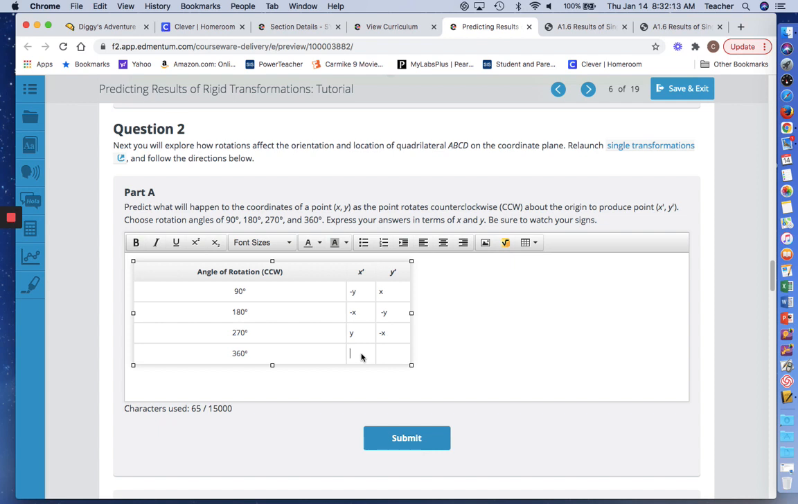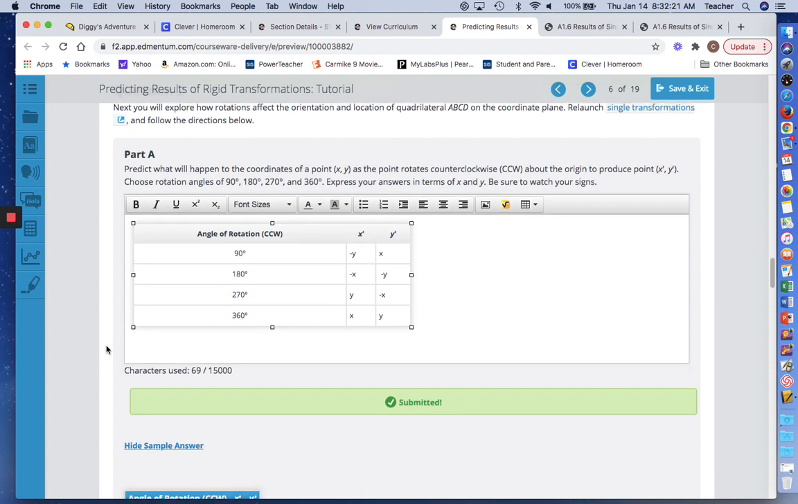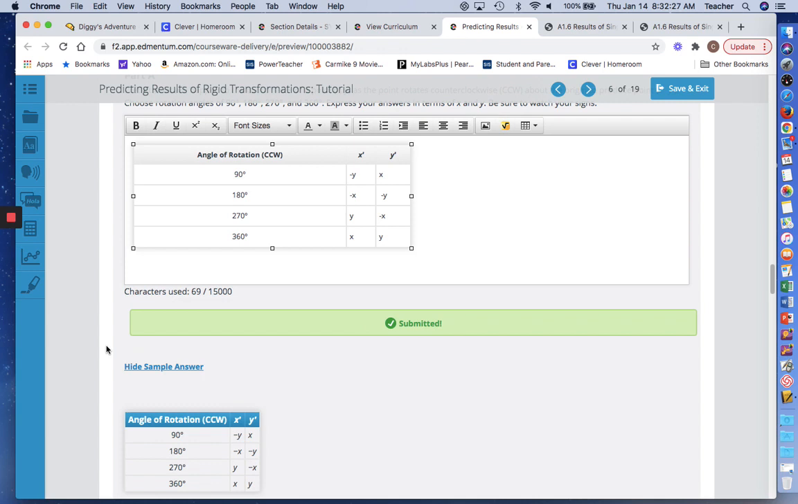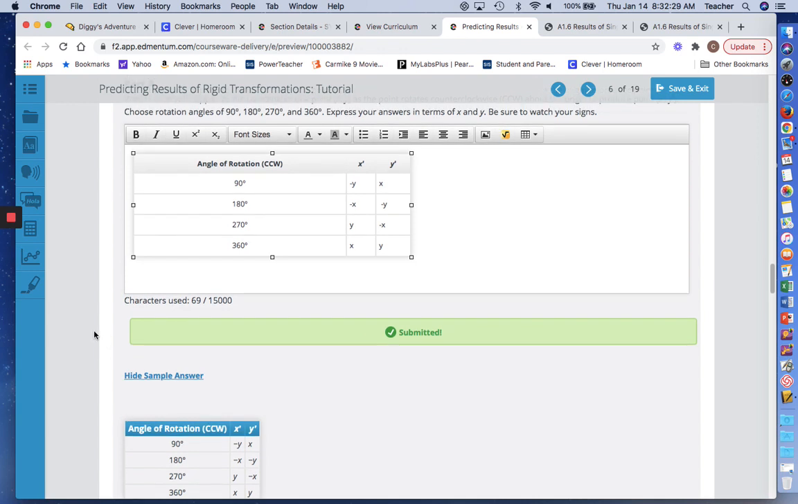360 degrees, well, all you're doing is landing back on top of itself. So X is going to stay an X. Y is going to stay a Y. Like I said, you're going to want to write down these cheat codes, you guys. Write them down. There's no way you're going to remember these for your mastery test or your post test. There's just no way you can remember all this stuff